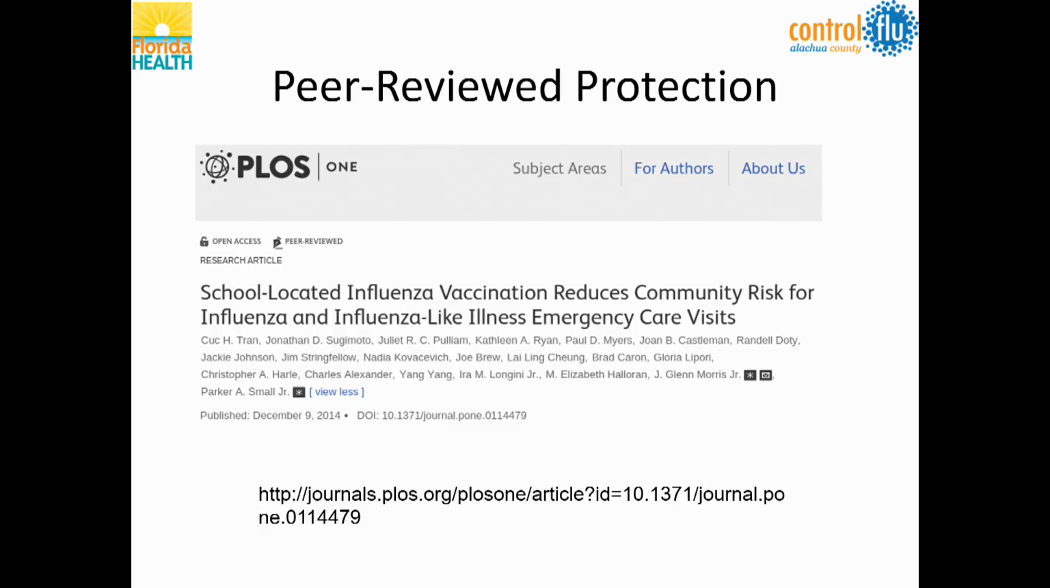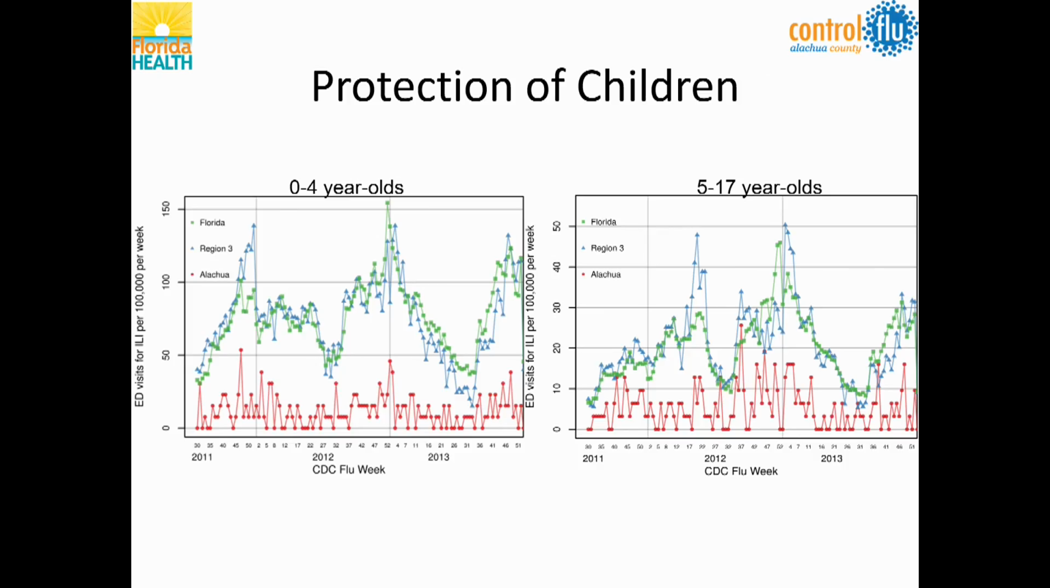We looked at how we had impacted flu in our community, and this was published recently in a PLOS One article. And what we showed was that immunizing the students in the schools protects not only the students but other members of the community. In this slide, you'll see the red is Alachua County, the blue is